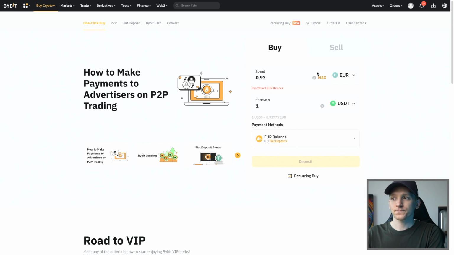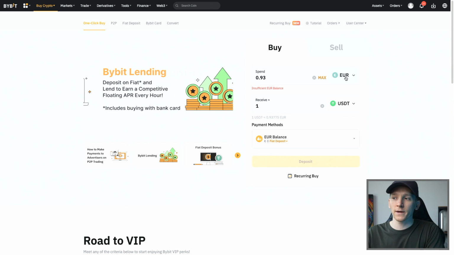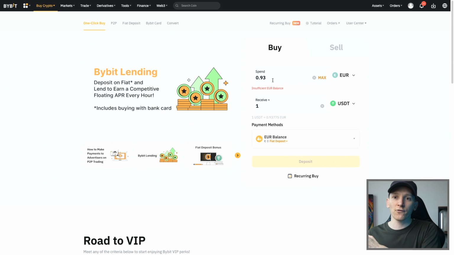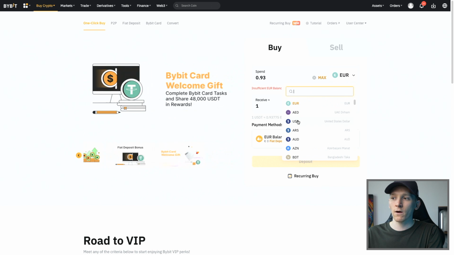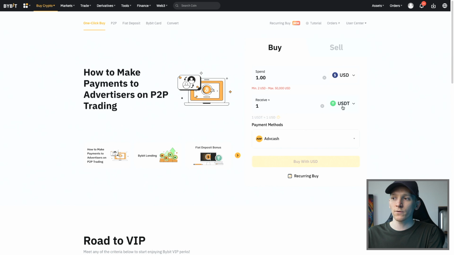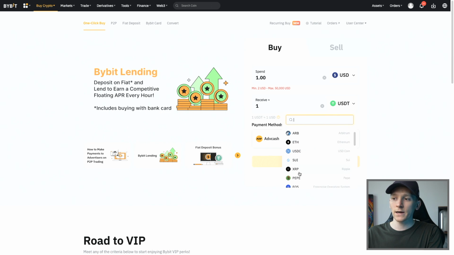If we go to buy, again, if you have something that isn't euros, like dollars, pounds, or something else, the only way to get that from the fiat that you have in Bybit to a crypto is to use this either one-click buy right here or the peer-to-peer, but we're not going to go through peer-to-peer. I wouldn't recommend it too much, but one-click buy, you can have your balances that you have in a specific fiat currency, and then you can move them into any crypto that you want, either a stable coin to use for trading or potentially just directly into a crypto that you want to, you know, buy and hold in the